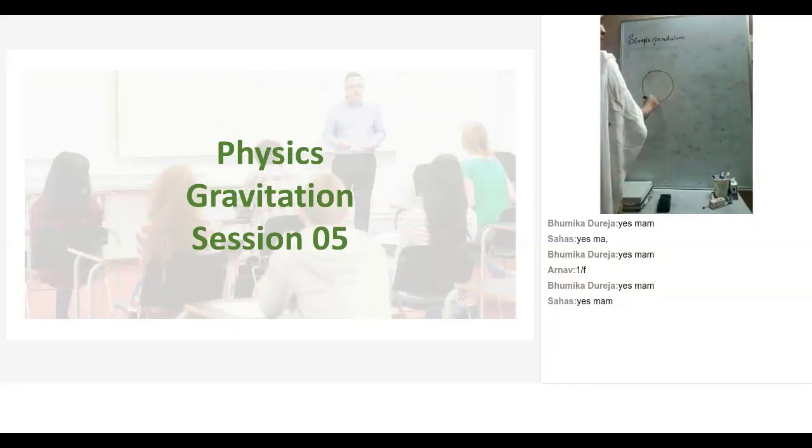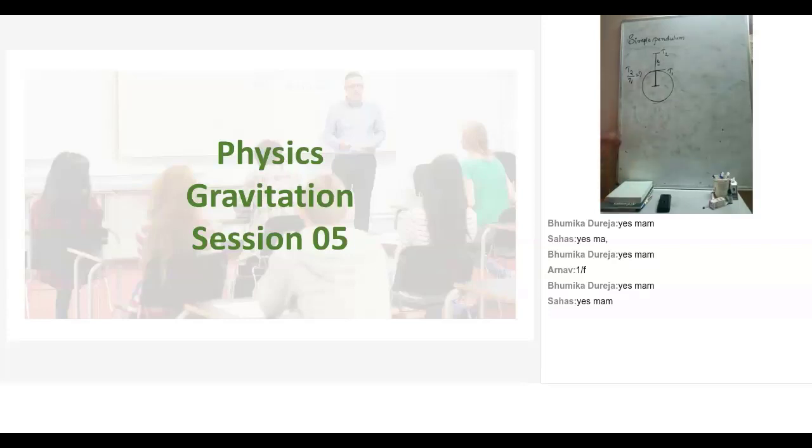When a simple pendulum is on the surface of the Earth, it is found to have a time period T1. And then when it is taken to a height R above the surface of the Earth, it is seen to have a time period T2. Now what is the value of T2 by T1? What is the ratio of T2 and T1? That is the question. If you can see here, R stands for radius of the Earth.